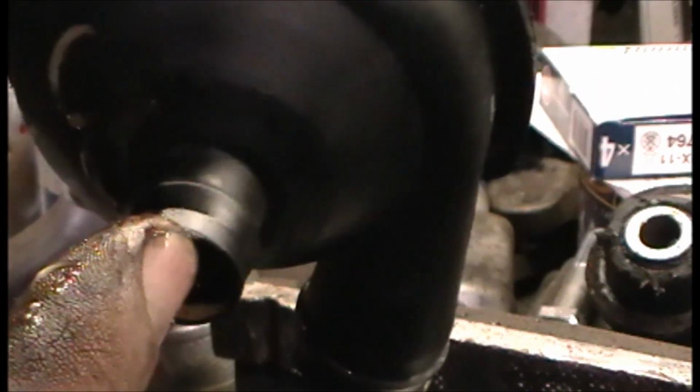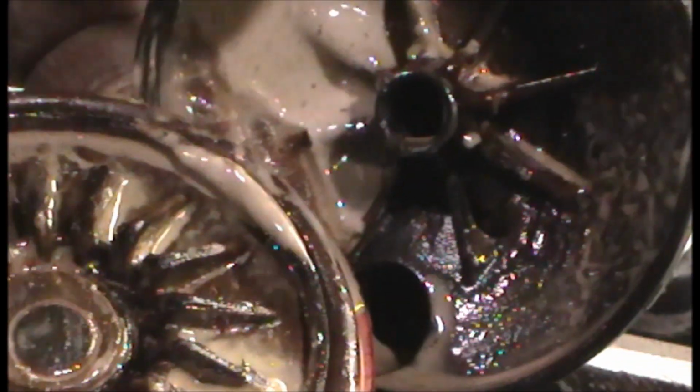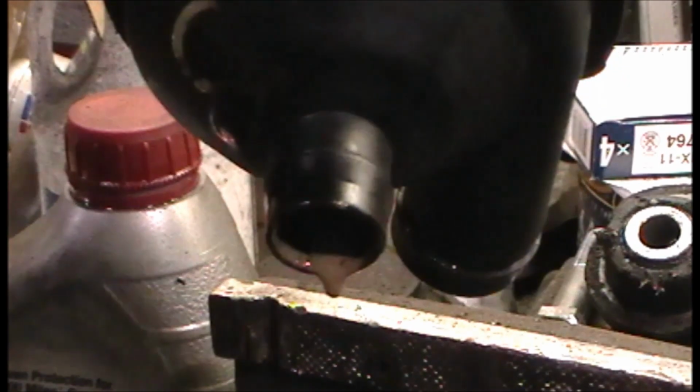That's fine. But my guess is how it works is whenever back pressure from combustion builds up either in the oil pan or the top end of the engine, it's going to come through this port and force the diaphragm out of the way, allowing the vacuum to pull the pressure out of the system. So this valve must flutter a lot. And we saw on the test that mine was kind of just full vacuum, and when I plugged it, it changed what I wanted it to change. So there's an educated guess on how that works, and this is an oil separator, they say. So there you go. Didn't work